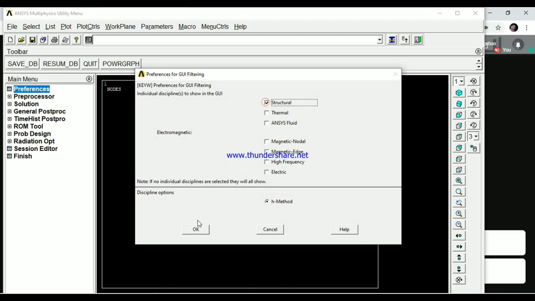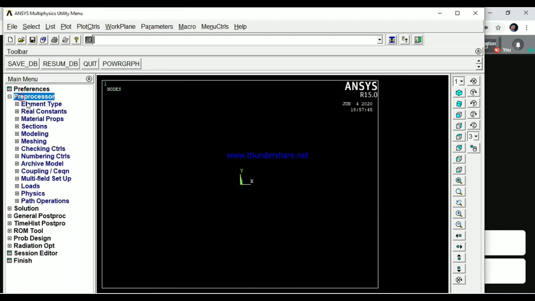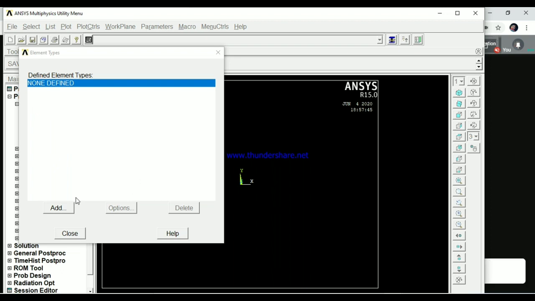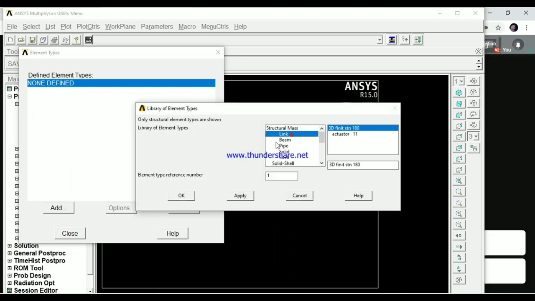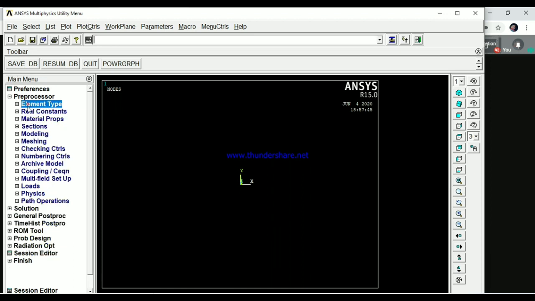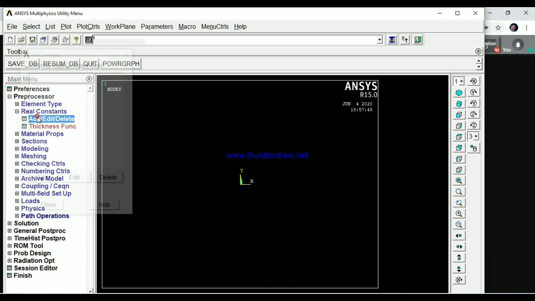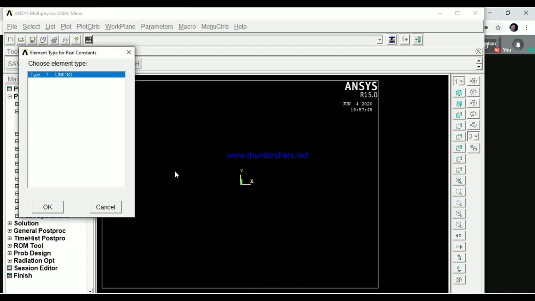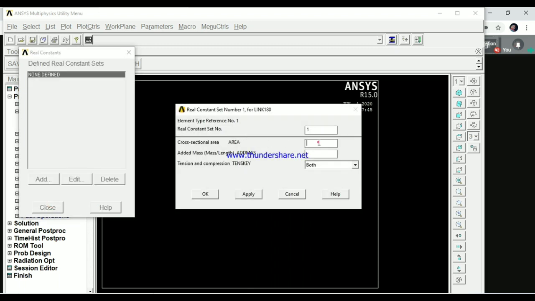Preferences, structural, I will repeat fast. Then preprocessor, element type, add. Then link, okay, close it. After element type, go to real constants. There are 2 areas. Add, then okay. Real constants 1, 2, 3, 00. Okay, then apply. Then change it here to 2, 9900.